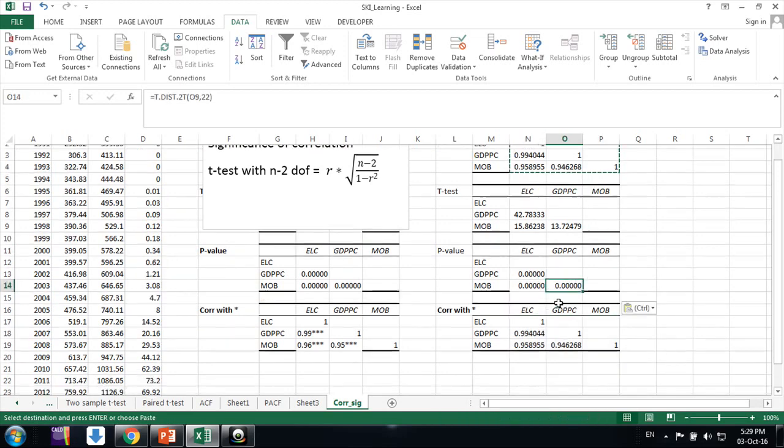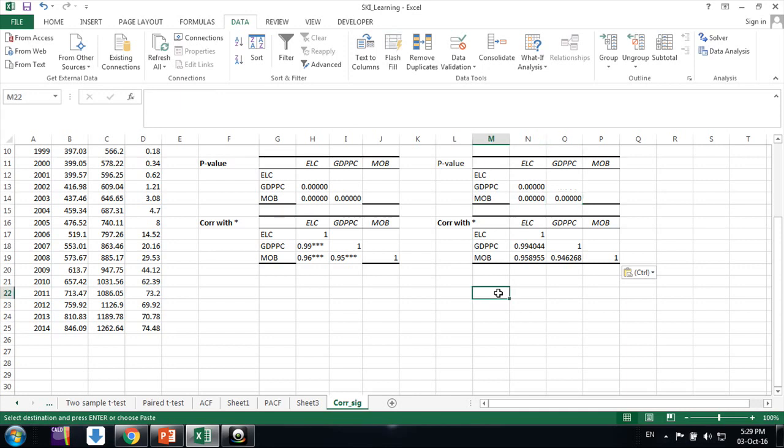So in general we follow 1 star if the value is less than 10%, like 0.10, 2 star if the value is in the range of 0.05 to 0.1, and 3 star if the value is less than 0.01. This is a convention we use in papers.